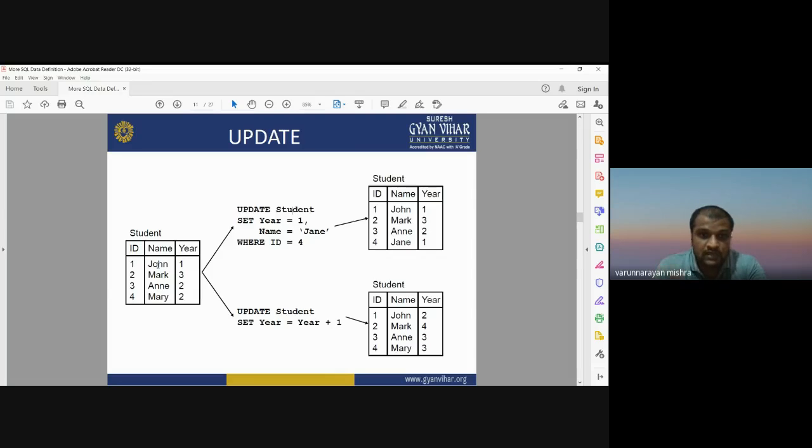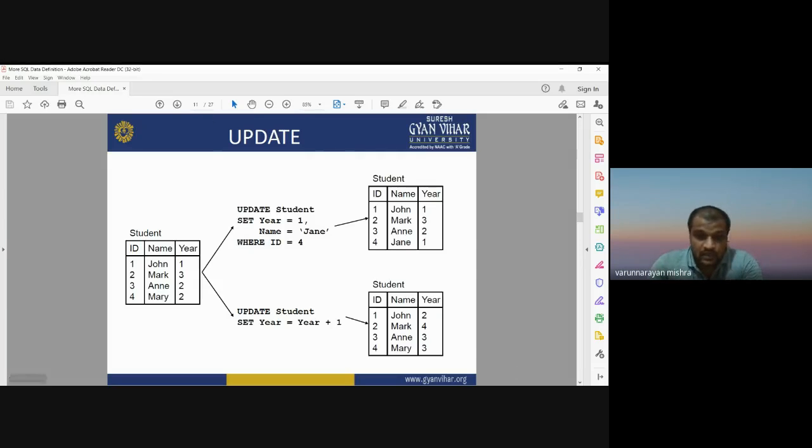In this way we can update any table, we can update our database depending on our requirement using structured query language. Note here, this UPDATE command is written in capital letters, SET is written in capital letters, WHERE is written in capital letters. The main command is written in capital letters, whereas the syntax written in the bracket will be written in small letters.